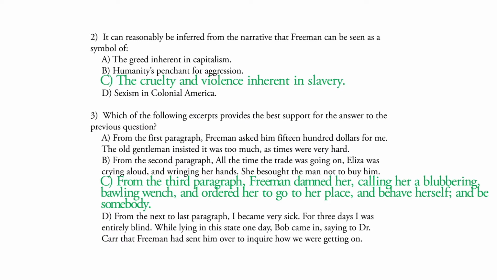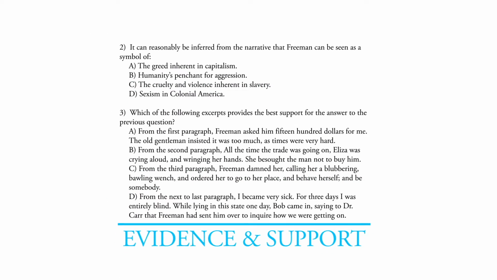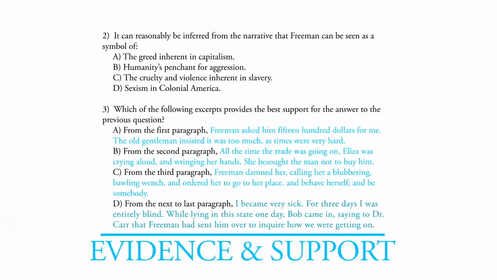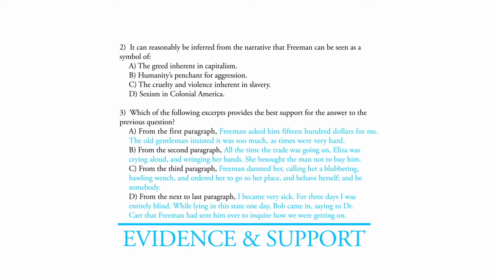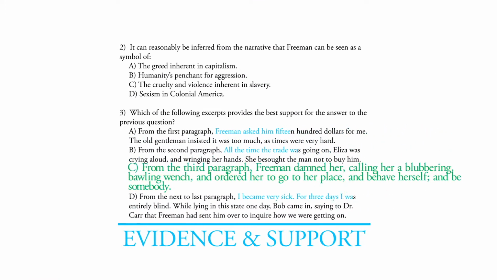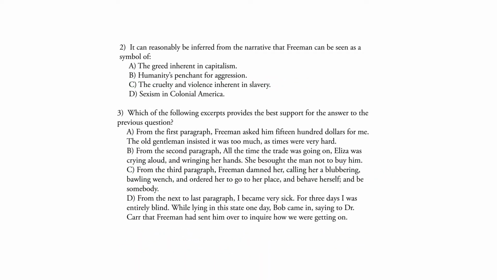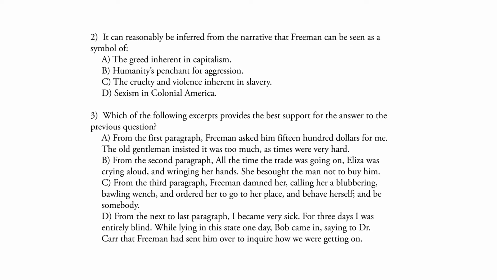So basically, you're answering these questions in order, 2, then 3. But if you are uncertain what the answer is to the initial question, then you want to go to the places in the passage indicated in the evidence question and see which of these places helps you to find the answer to the initial question. So basically, you would be answering question 3 before question 2.